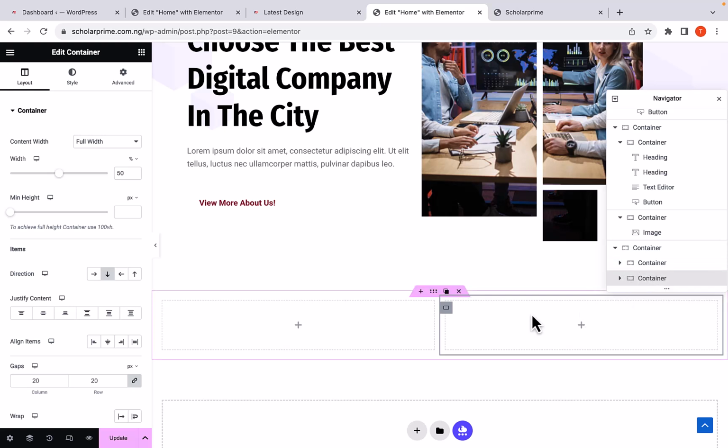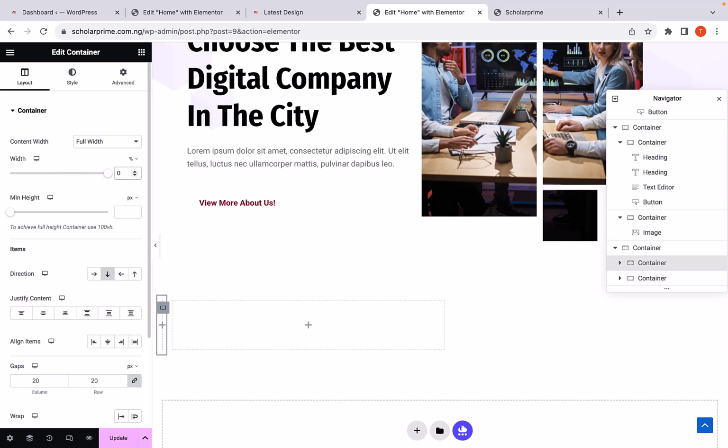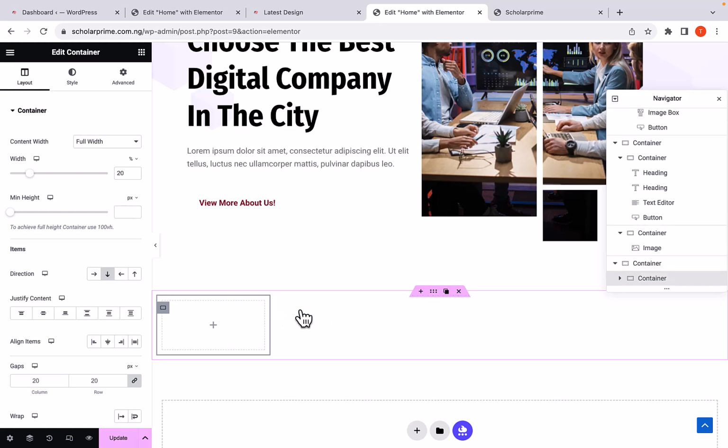So what I'm going to do is I will click on the first container here. This width here is 50%. I'm just going to make it 20%. Now, while the minimum height, okay, I'm going to delete this guy here first. I'm going to remove this container so that when I'm done designing here, I will now duplicate it, because here